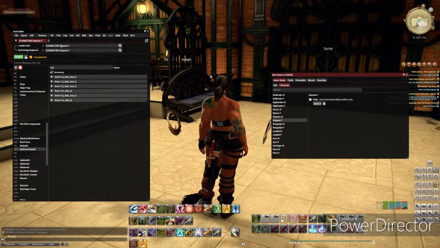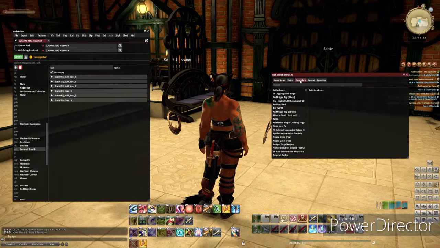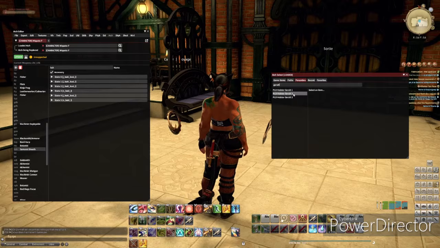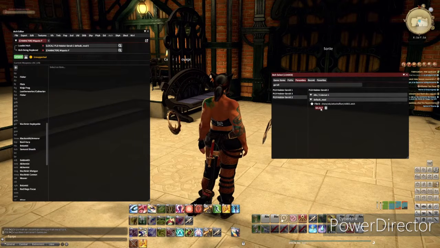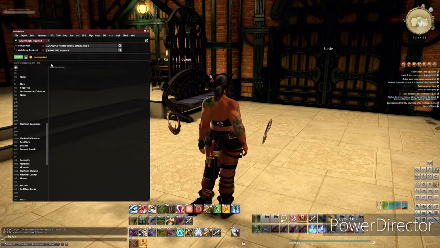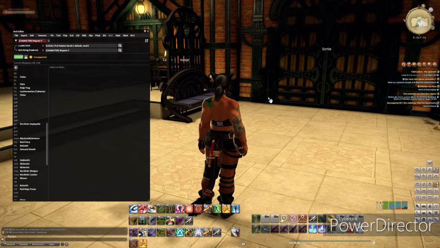Instead of loading the race we're working on, instead of going into this character tab in the game items, we can go into Penumbra and literally load a mod that we have installed in Penumbra. So I'm going to load this, and click update. Now my dancer weapon goes back where it was, because I've loaded a mod that only has the paladin weapon modified. So now I'm going to go on paladin,